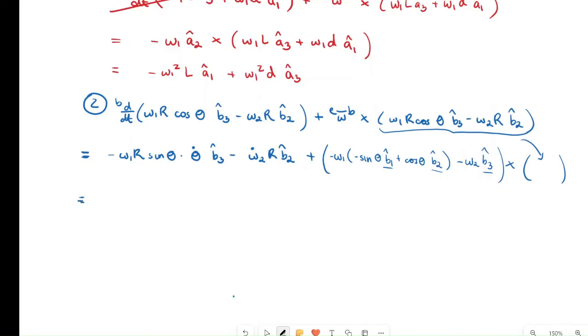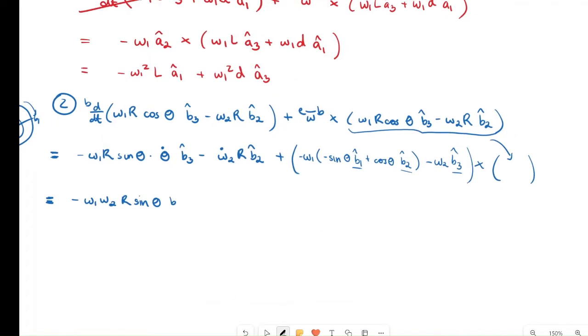Okay, so theta dot, first of all, is just going to be equal to omega 2, because that's the rate. Theta, as I said before, is the angle that the B frame is rotating through, like the disk is rotating like this. So the change in that angle with respect to time is just going to be omega 2. So I'm going to have negative omega 1 omega 2 r sine theta B3 hat minus omega 2 dot r